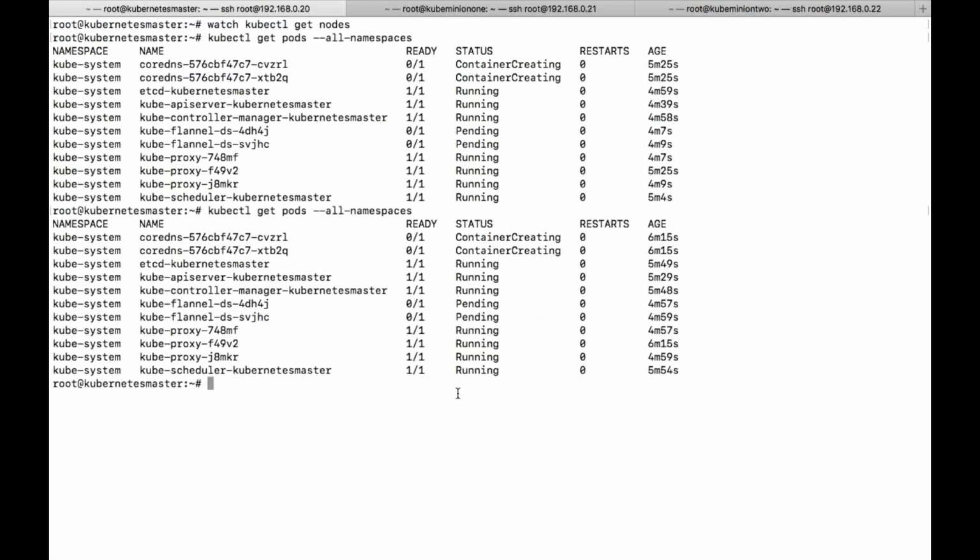Pending. This is on the other two nodes. Maybe the third one.